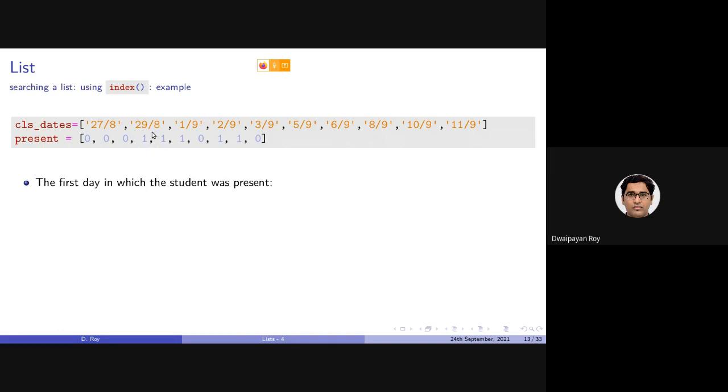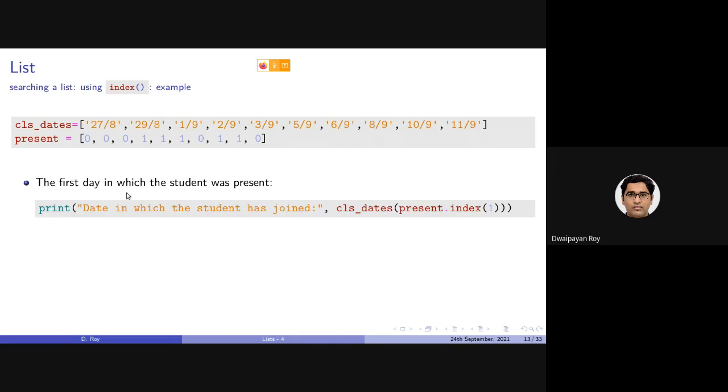So using these two lists, how can we check the first day on which the student was present? It is very simple. We will be looking for the index, or the location, at which this 1 is present in this list. As you can see, it will return 3.